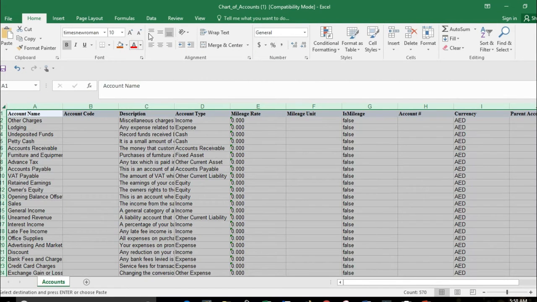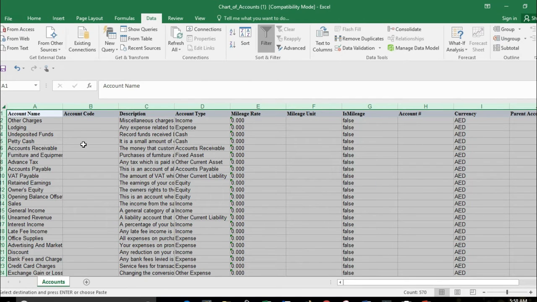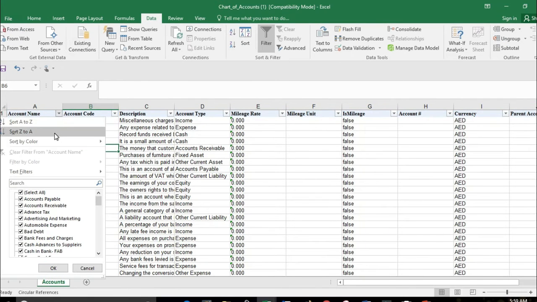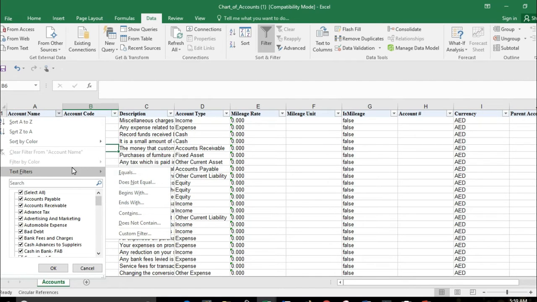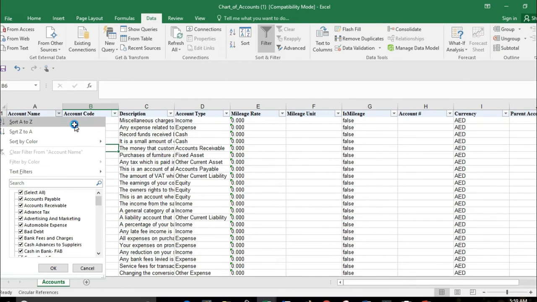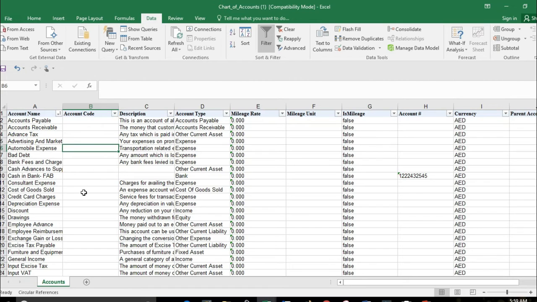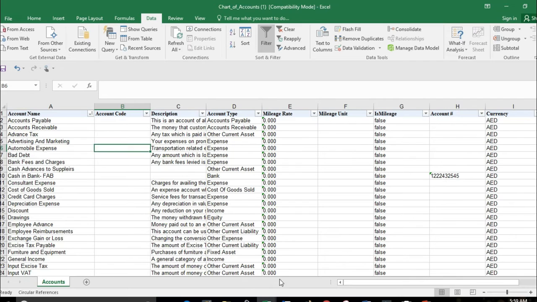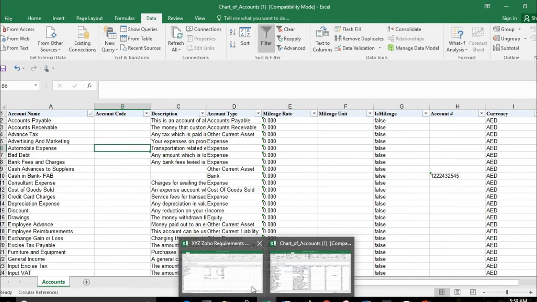You can filter and sort A to Z, then compare with your schedule. If there are account titles that are not available in the Zoho system, you must add those account titles before we can proceed to creating one manual journal.